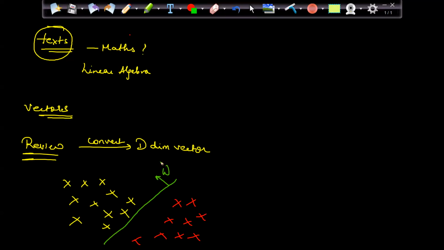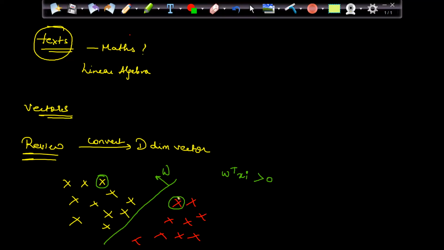And we have learned in logistic regression and other algorithms, W transpose Xi. For example, I am talking about this point. This point is towards the plane's normal, towards the vector W. So as this point is towards W, W transpose Xi will be more than 0.